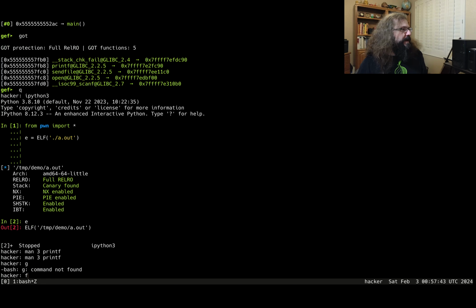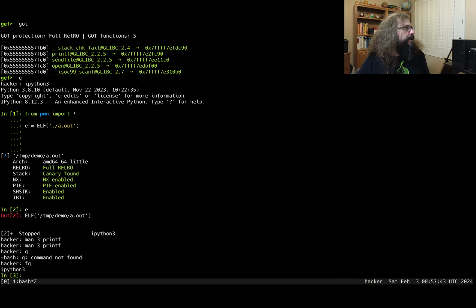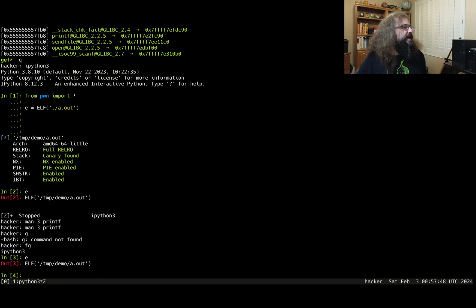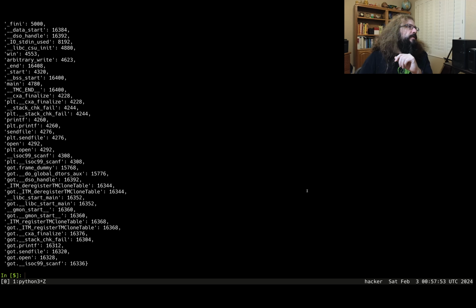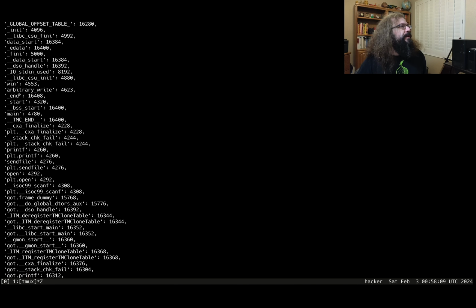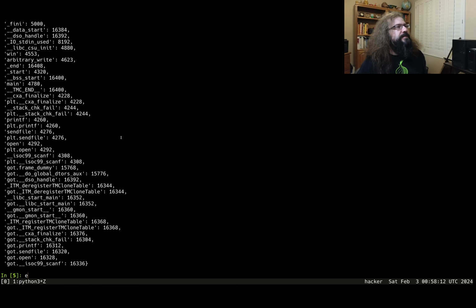Okay, brief aside to finish up ROP points. So I have this e thing. This e thing is an ELF. One of the nice things you can do with this is there are methods that you can call to get information about the binary. Now, this particular binary, if I remember right, was PIE. The addresses and values that you get, right? So this says arbitrary_write is at 462. So if I did e.symbols and then arbitrary_write,